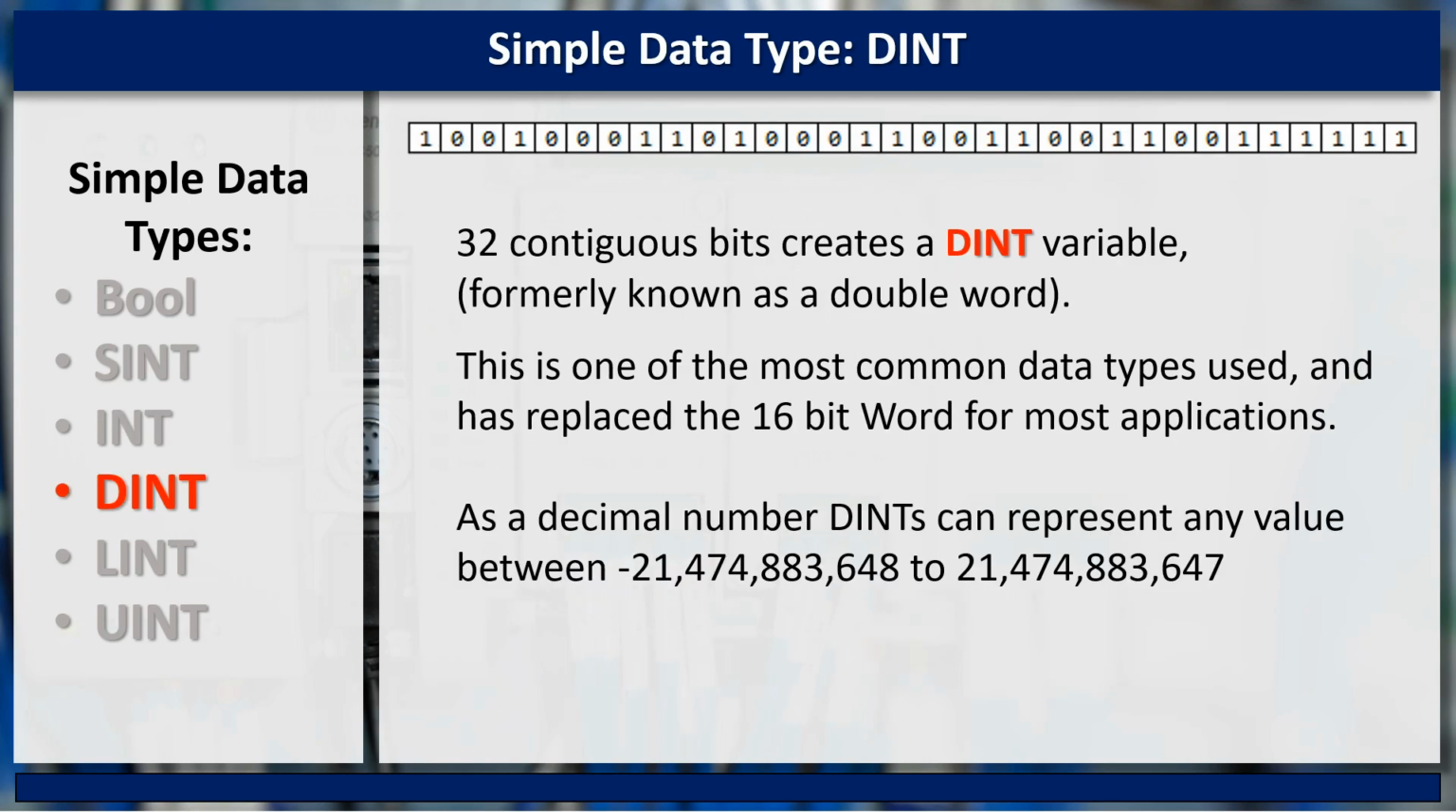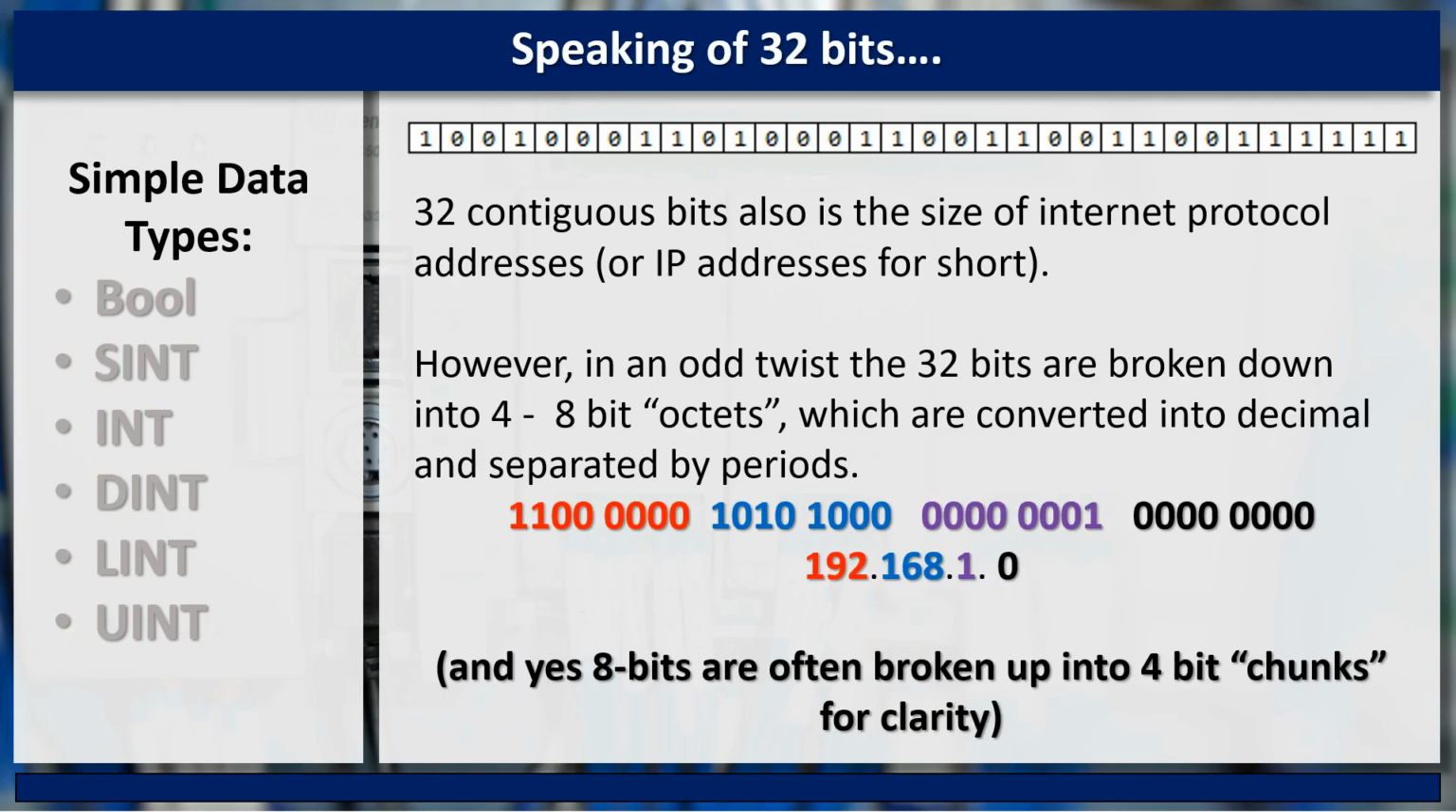32 contiguous bits creates a DINT variable, formerly known as a double word. This is one of the most common data types used and has replaced the 16-bit word for most applications. As a decimal number, DINTs can represent any value between negative 2,147,483,648 to 2,147,483,647. And speaking of 32 bits, 32 contiguous bits also is the size of the Internet Protocol addresses, or IP